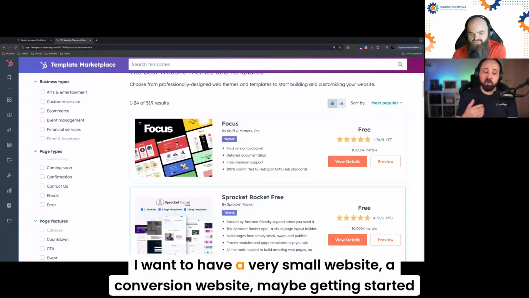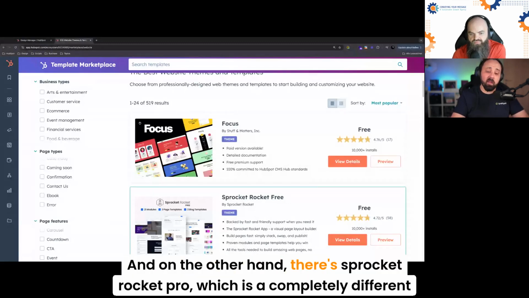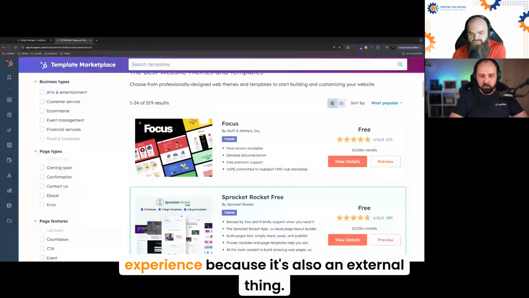I want to have a very small website, a conversion website, maybe getting started with blogging, and this is great, right? On the other hand, there is Sprocket Rocket Pro, which is a completely different experience because